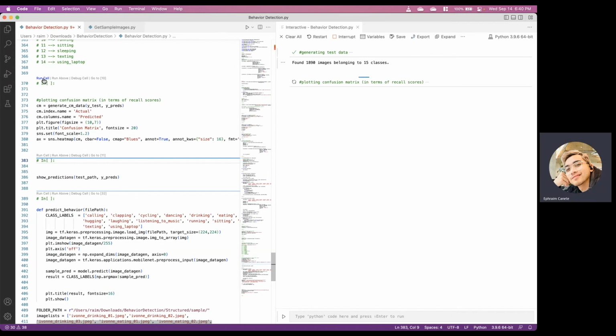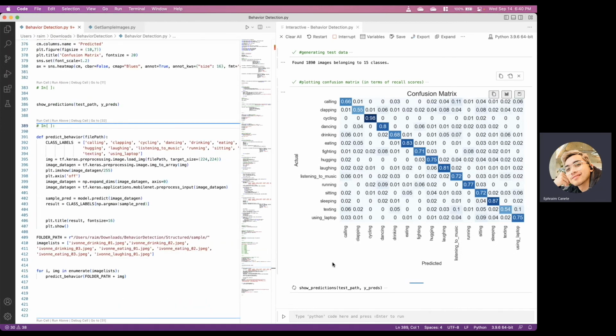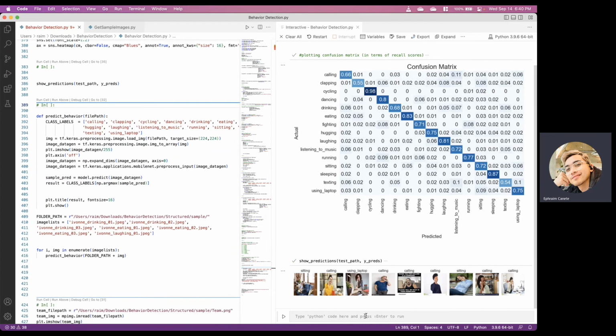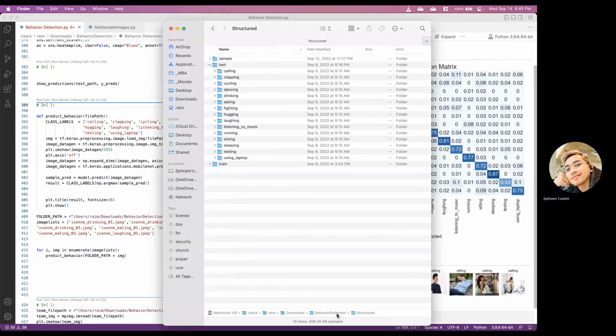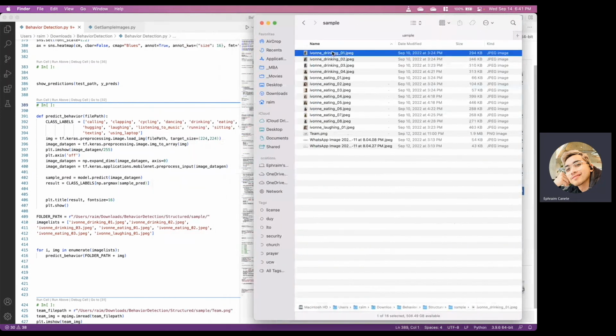So here we will build the confusion matrix and show you the accuracy of our model. And then we will run our show prediction behavior so that you can see that it specifies if the picture is sitting, calling, or using a laptop. So far, it classifies 6 out of 9 correctly in our prediction. The confusion matrix also shows the accuracy for the different classes. Now, we will also show you that we created a sample of a new dataset that we have. It will show a sample of our dataset.